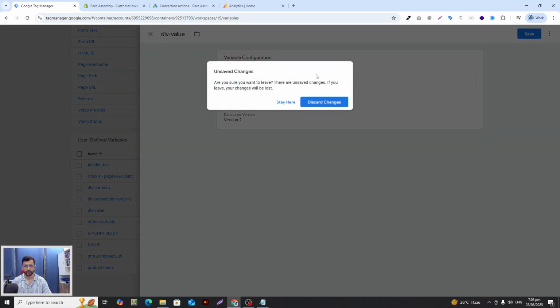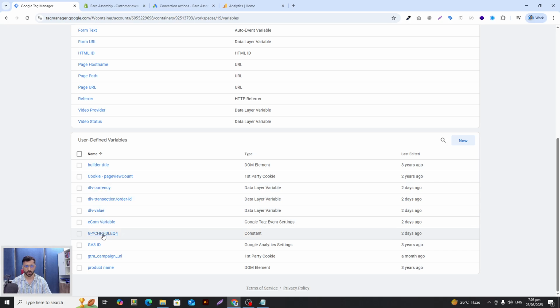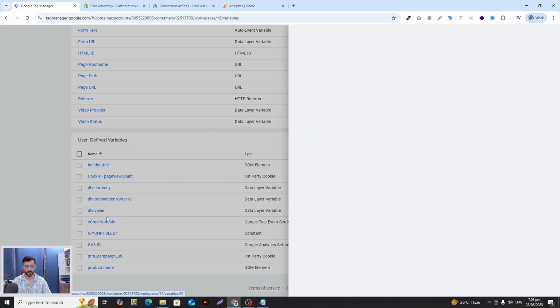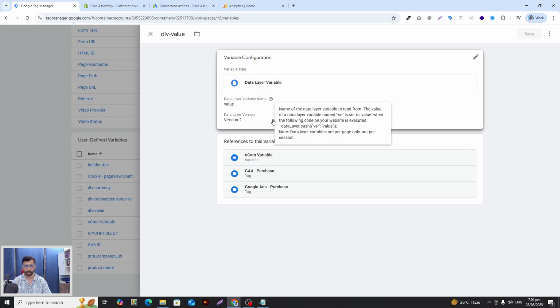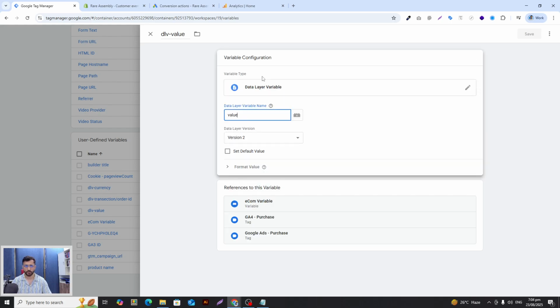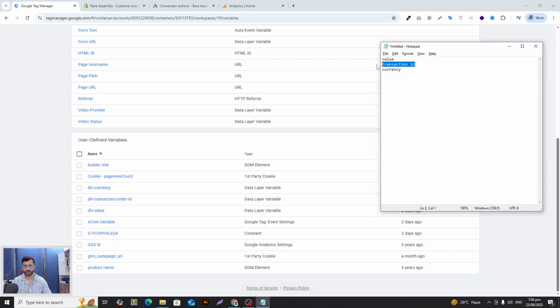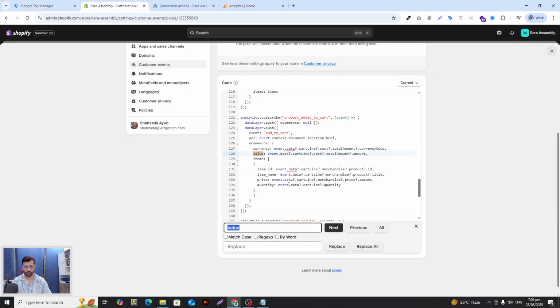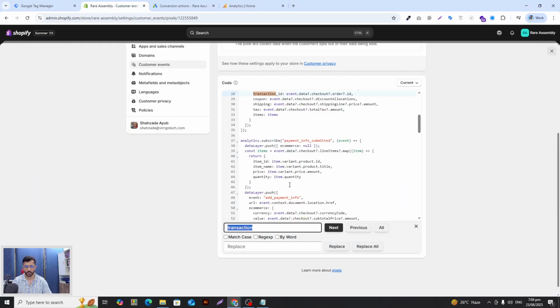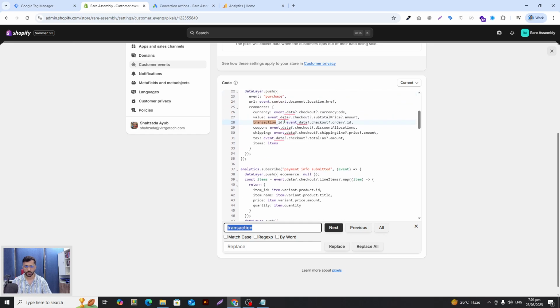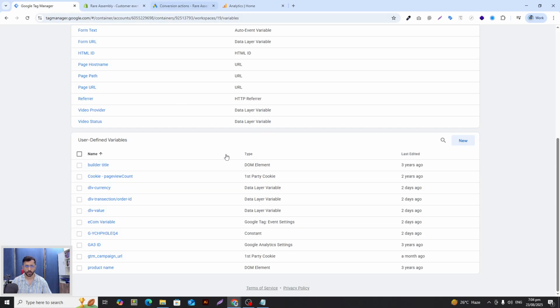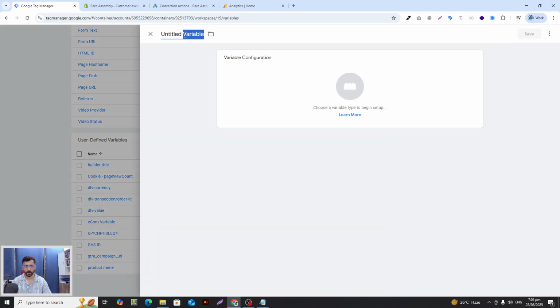I'm not going to do this because I already have that in here, so I'm not going to duplicate the process, right? But it's the same thing essentially. You have this value and you give it a name, that's it, right? Similarly for the transaction ID, you can go find it here, right, the exact same name. You're copying from there and coming to your new data layer, give it a name, DLV,